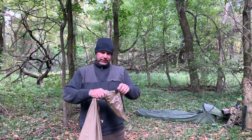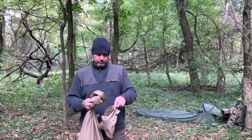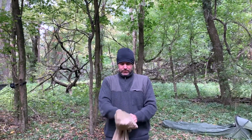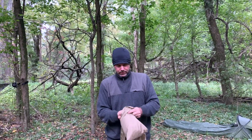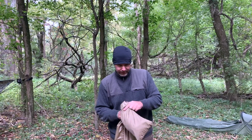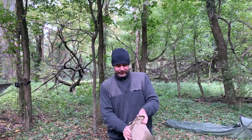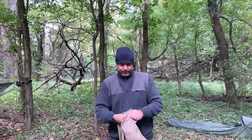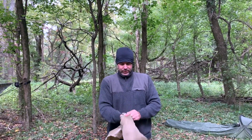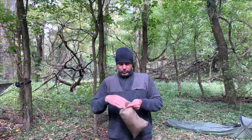And as you can see, I have the stuff sack. Real easy to pick back up when you're tearing down camp. What I really like about this sack is it's a nice oversized stuff sack. It's not one of these things where you pull it out and then you're really struggling to get it back in. You can either fold this tarp up to get it nice and compact, or like I said,